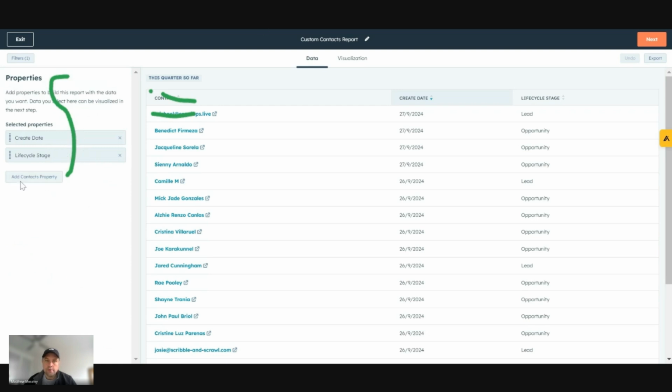The one thing I would note is that the properties that appear here, even if you don't use them in the actual report, when we click on the data later and it opens up, it'll give you those columns. So it'll show them additionally, so that you have it nice and simply.